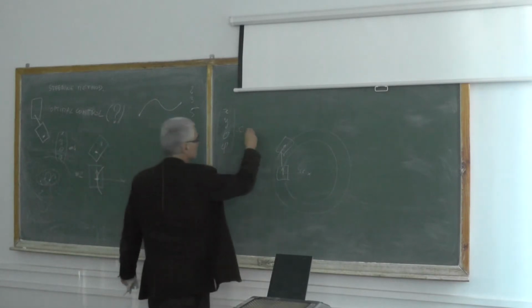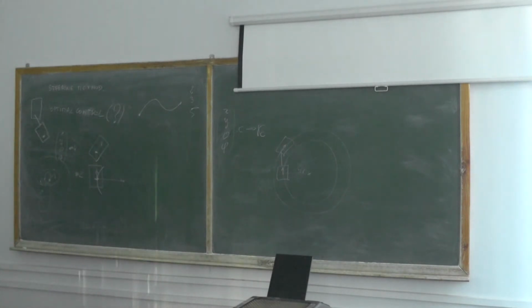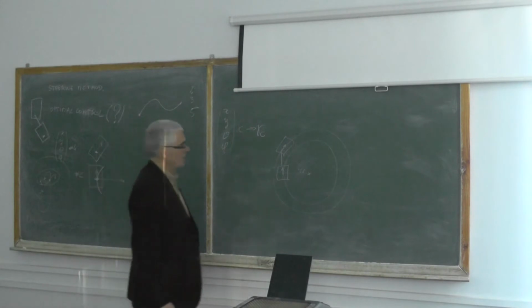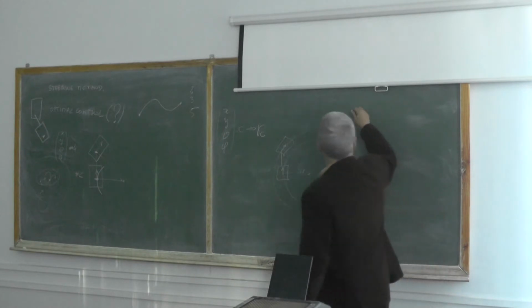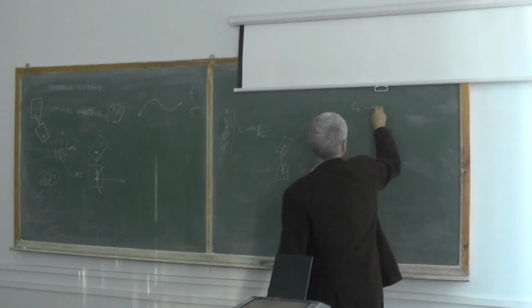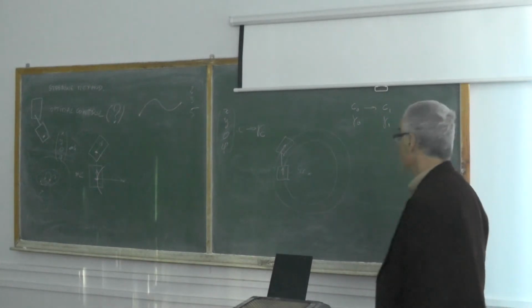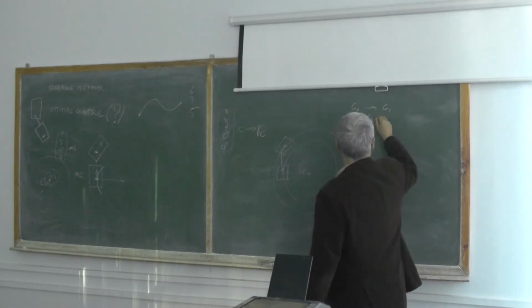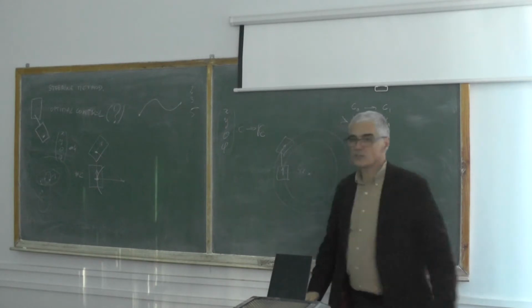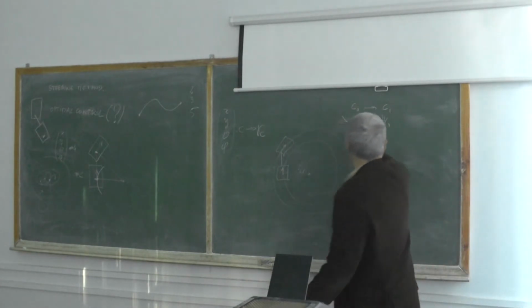Then at each configuration C, I have a canonical curve gamma C, verifying that. And now, what is the idea? The idea is you want to go from C0 to C1. Then you have a gamma 0 and a gamma 1. And then the idea is very simple. Make a convex combination of both curves.